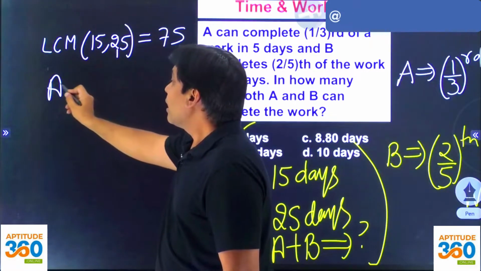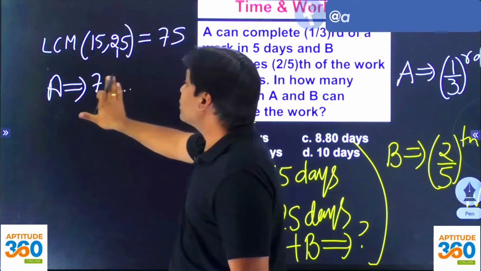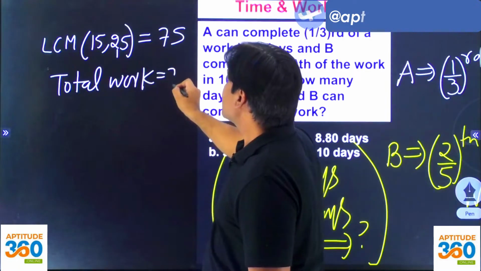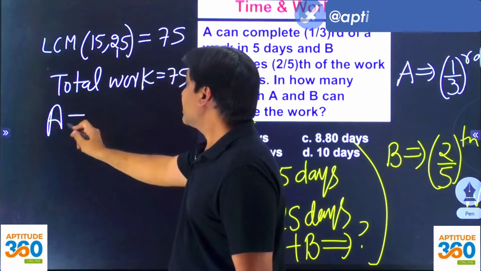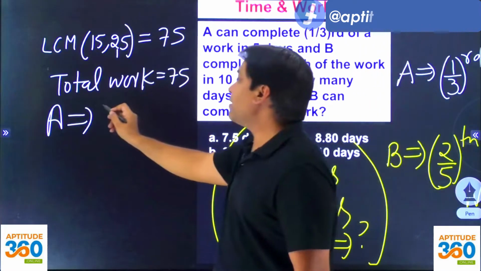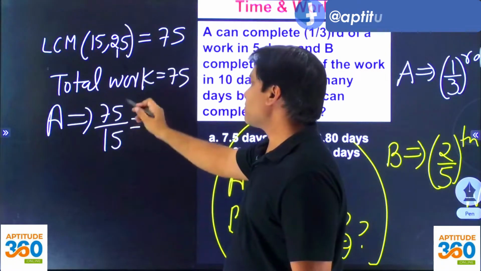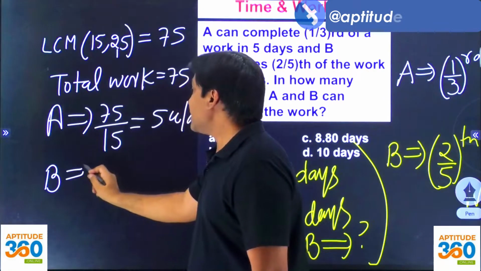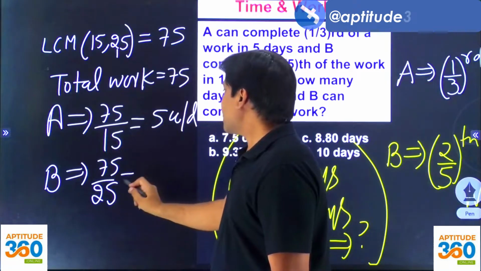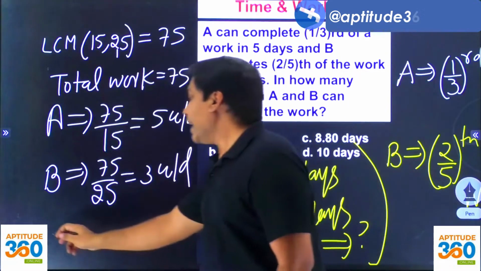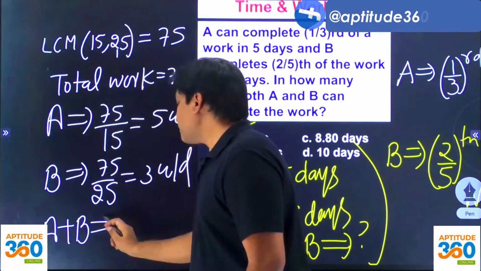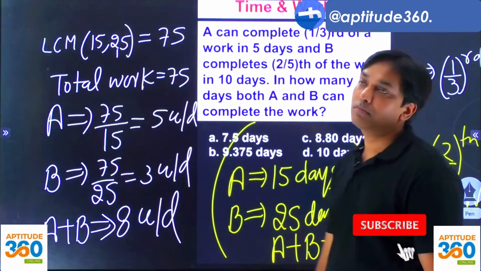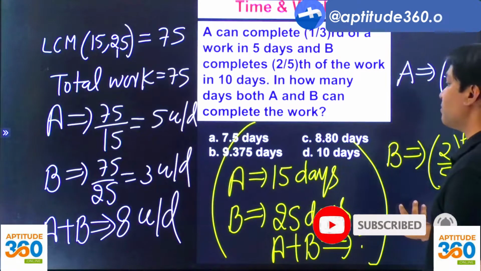So this one is coming out as 75. Now, would I say that the total work is going to be how much? Total work will become 75 units, right? A does 75/15. अब थोड़े थोड़े वैल्यूज को सिंप्लीफाई करेंगे, पूरा स्टेप्स नहीं लिखेंगे। 5 units per day. A does 5 units per day, whereas B does 75/25. You see, you're dealing with numbers, 3 units per day. And if you have to hire both of these two individuals, then 5 plus 3, they will be doing 8 units per day. है ना simple job ये।